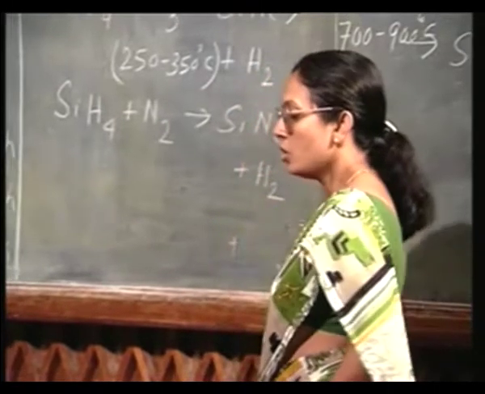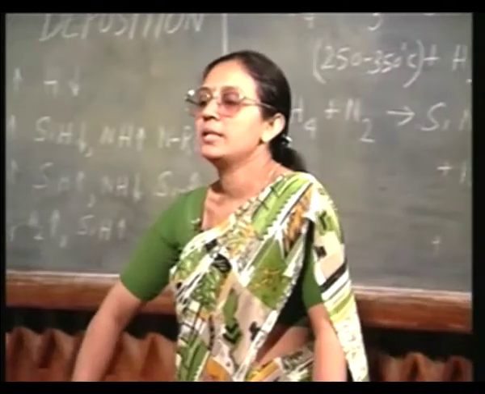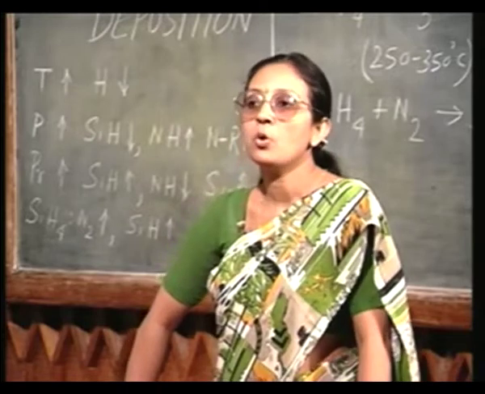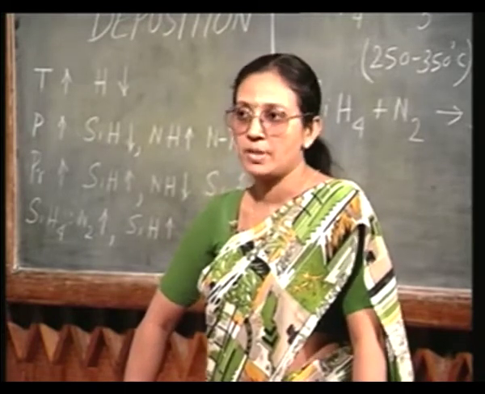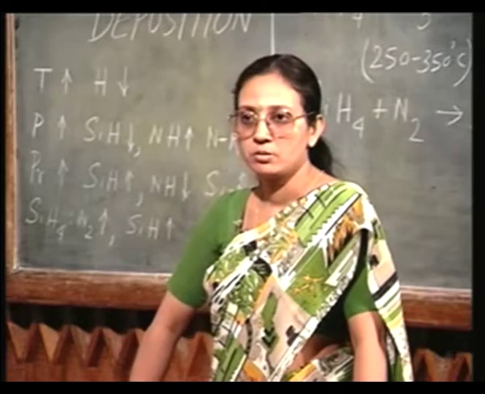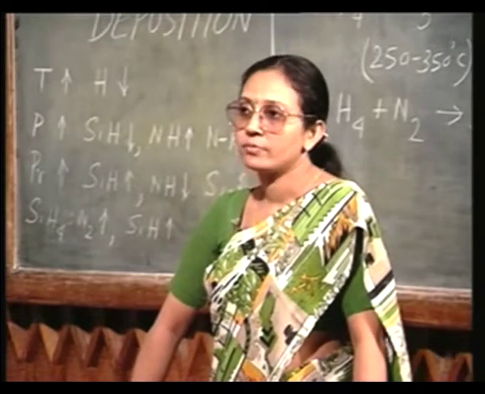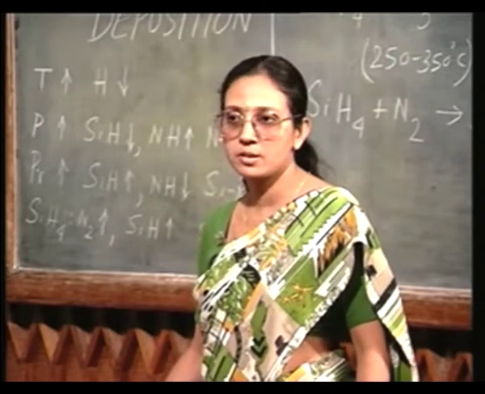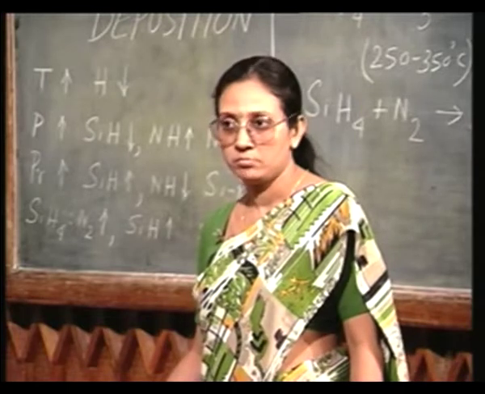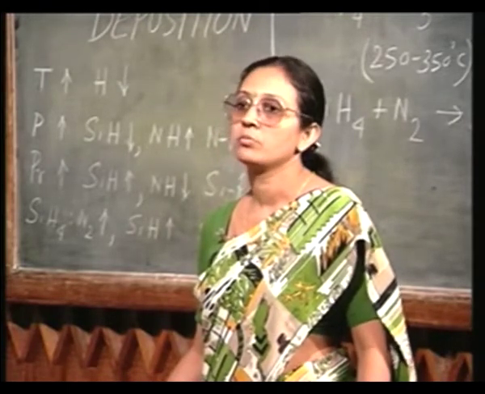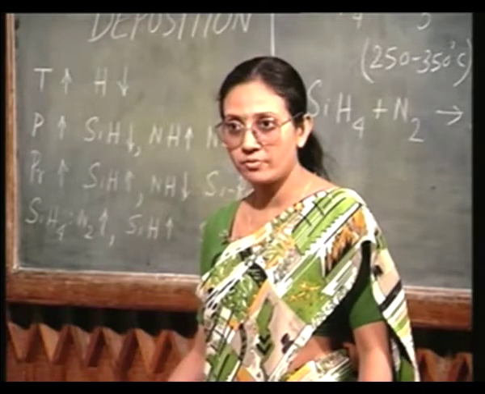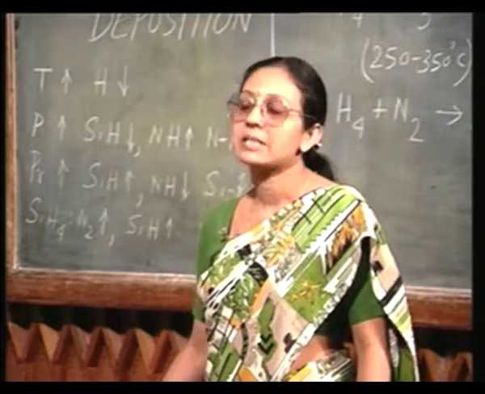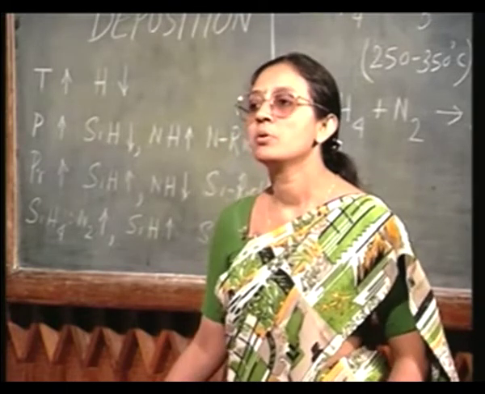Okay. So, with this we almost come to the end of the process flow, except for one particular process step, and that is the metallization, right. We have seen how to grow the crystal, how to dope that crystal. Okay. We have also seen how to selectively dope by using lithography. Okay. We have seen how to etch, how to deposit, and next we are going to see how to deposit